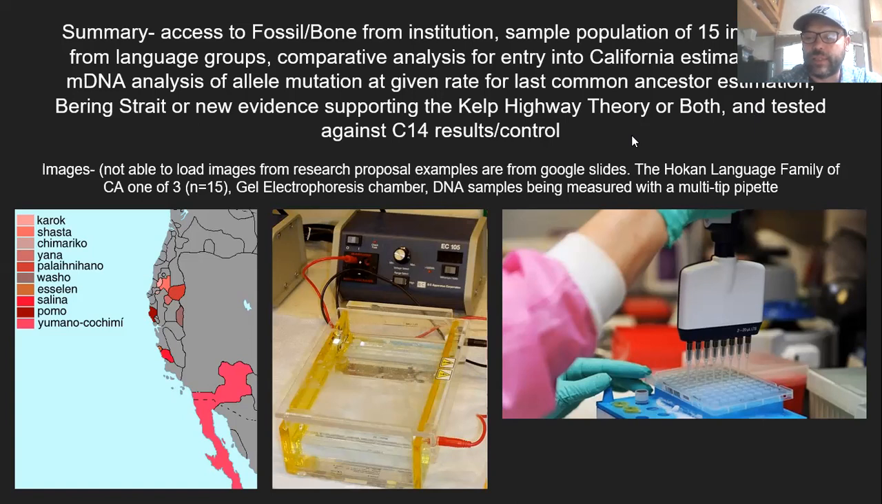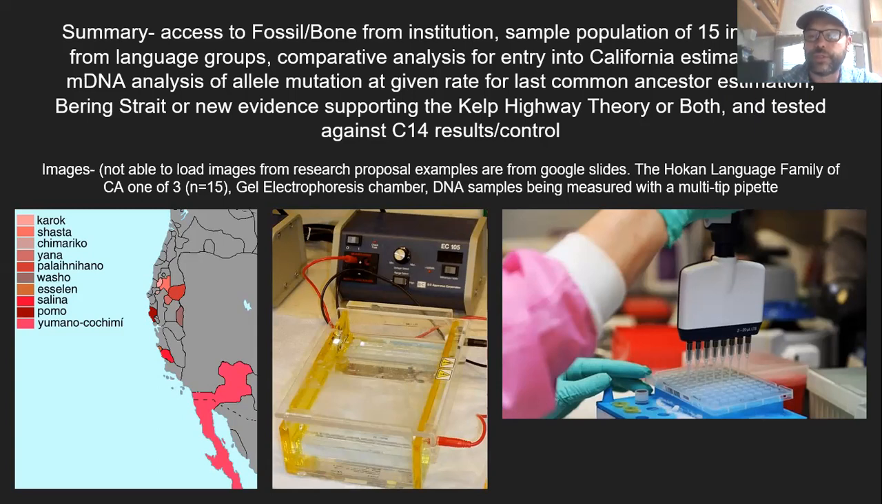And then these findings, the conclusions from this test, could possibly support the Bering Strait hypothesis, or also give more evidence to support the Kelp Highway theory of migration along the Pacific Rim from Asia into North America. And then lastly, as a control in this proposed experiment, we would perform carbon-14 dating analysis on the fossil as well,